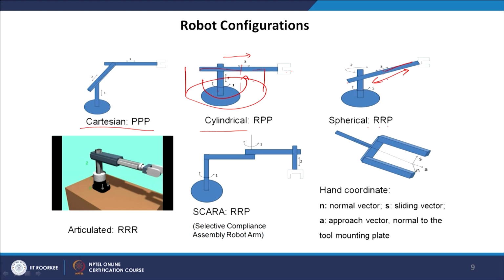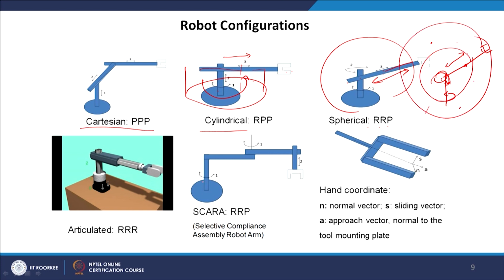So, we can see that it will form a spherical type. Here we can see that the base is rotating with the axis of rotation as the vertical line, and the first joint is rotating with the axis of rotation perpendicular to the paper, and the third joint is moving forward and backward. So, this will represent a spherical motion. You can see that the sphere will have its center at the second joint, and the radius is the total length of the second and third link.